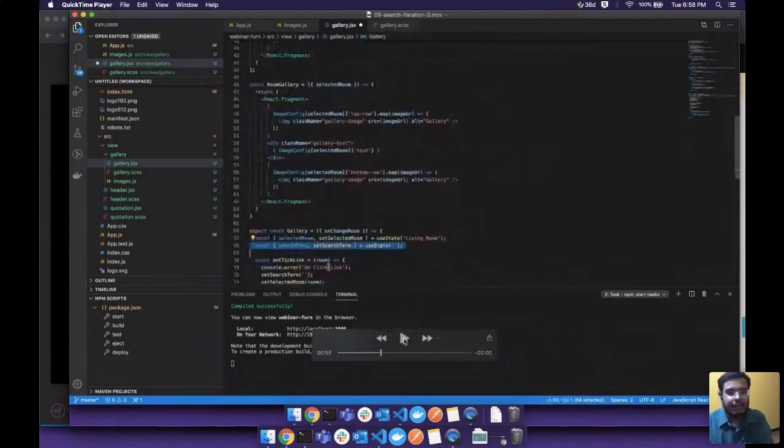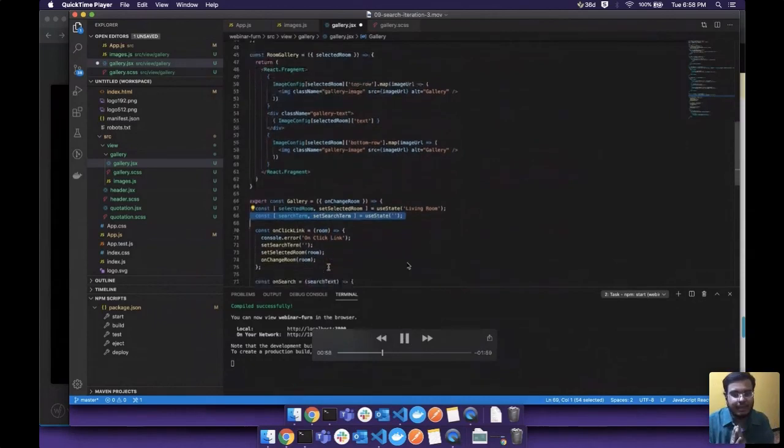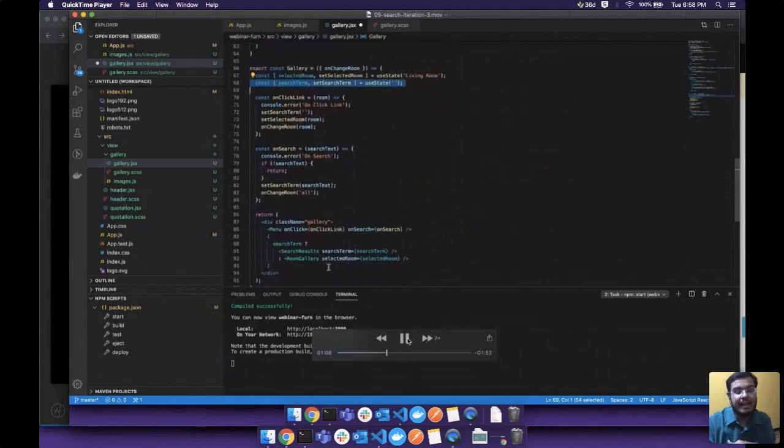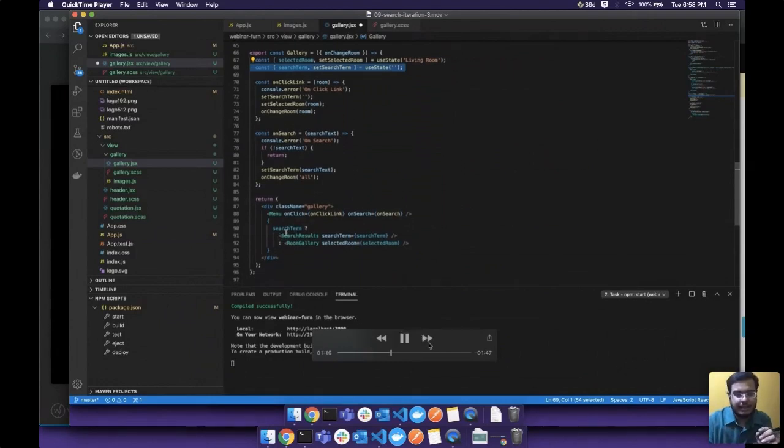And I have also moved the crux of the application, the main image gallery, out as a small component, so that my final component looks really small. So this is my final component. I call all these functions in different events, like when the user clicks on search, or when the user clicks on a link. So here, if the search term is given, you'll see the search results. If the search term is not given, you will just see the gallery for that room. So let's quickly save and deploy this.